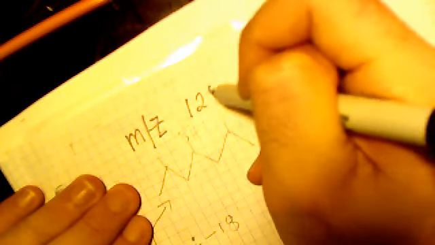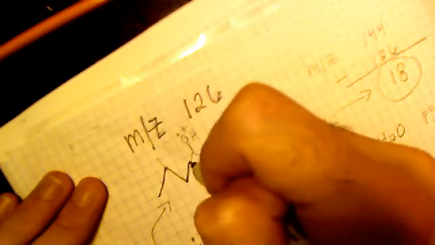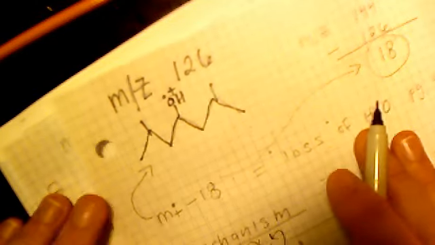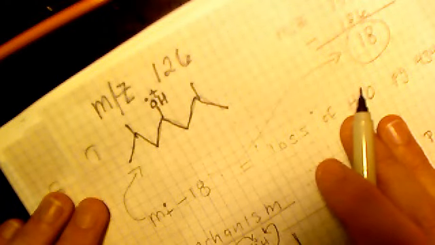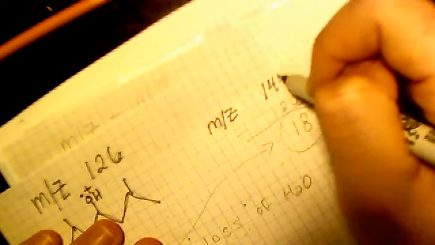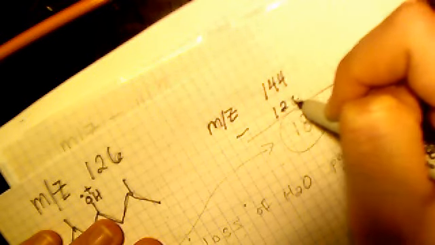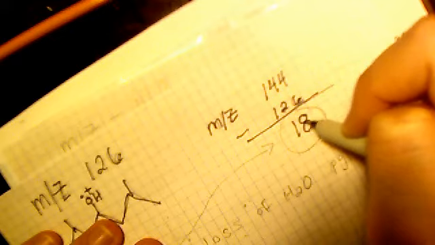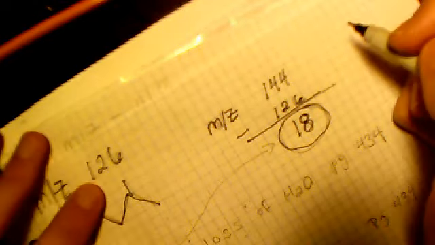Okay. So then there was MZ, mass divided by charge, of 126. And here was the molecule that we were starting with, our beginning molecule. So it's 126. First I took the mass-to-charge ratio of my original, which is 144, minus 126, and I got 18. 18 in mass spectroscopy is a magic number